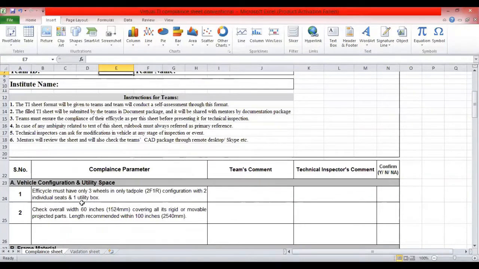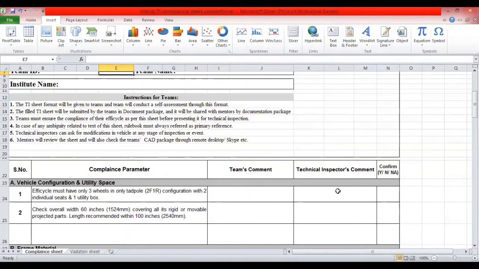Let's take an example of point number one: Epicycle must have only 3 wheels in only tadpole, 2 front, 1 rear configuration, with 2 individual seats and 1 utility box. So this point includes 3 wheels, a tadpole configuration, meaning 2 wheels in the front and 1 in the rear, and individual seats for both the driver and the utility box.